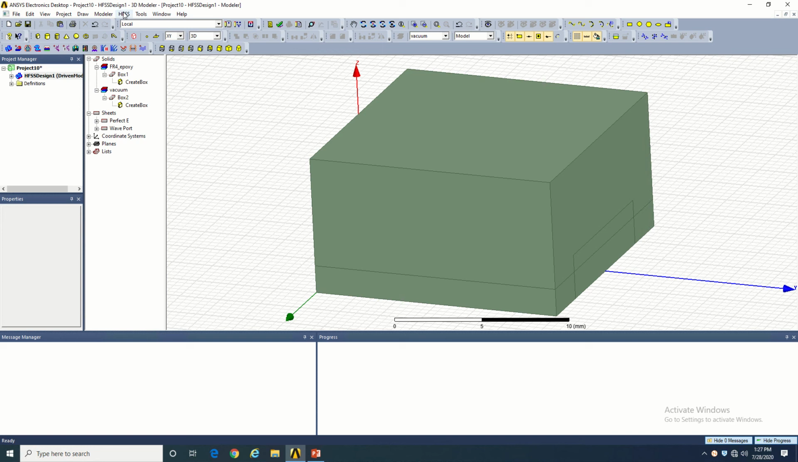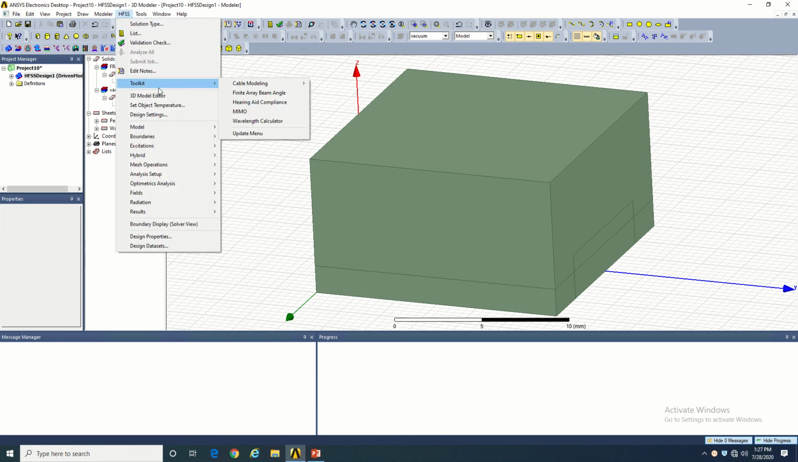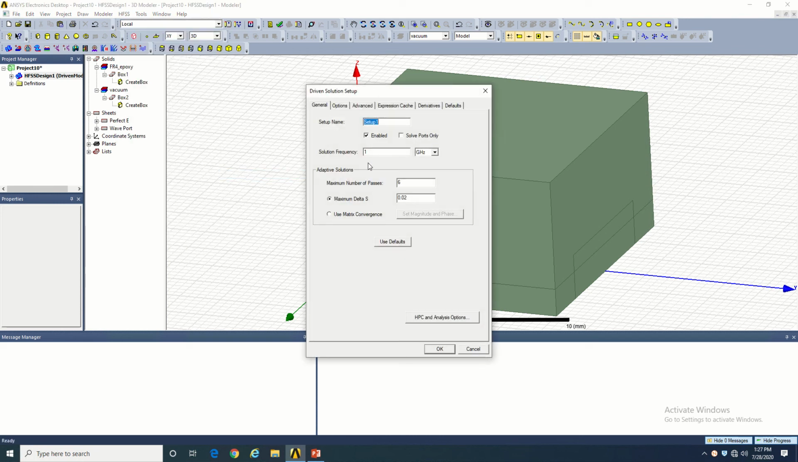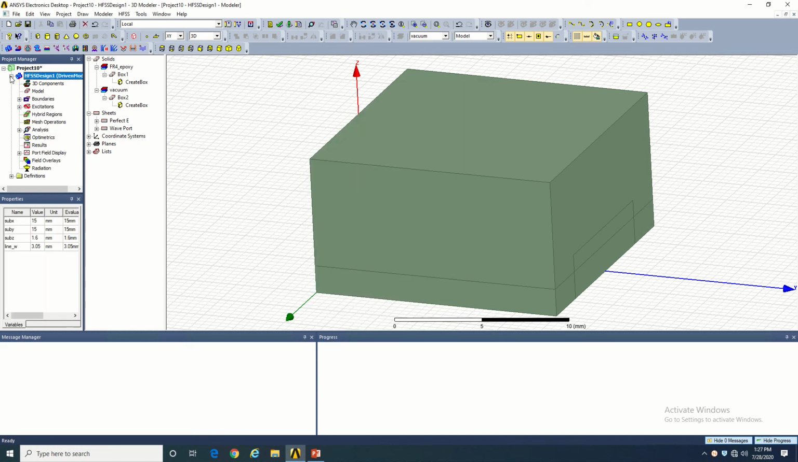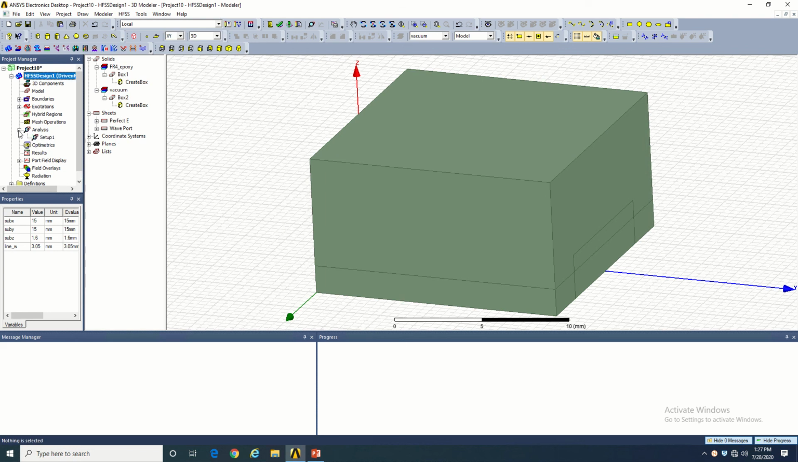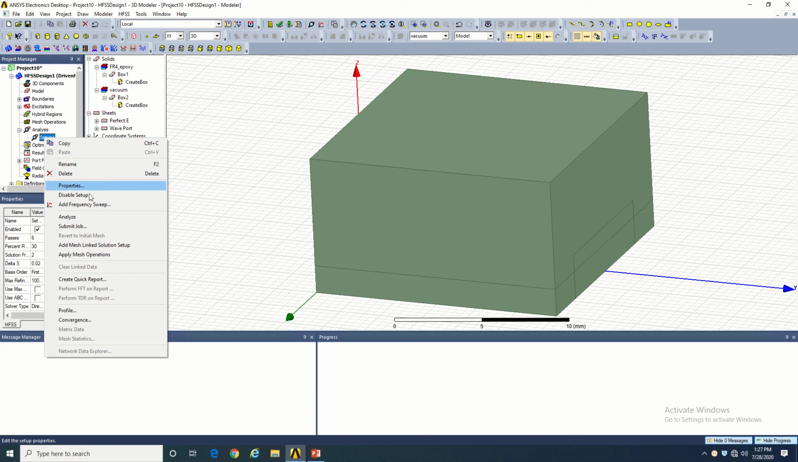So for assigning this setup, we have to go in HFSS, go to analysis setup, add solution setup, and here we set the solution frequency and click OK. Now we have to set the sweep. We again go to assign setup and see that add frequency sweep is not enabled. So we go to the project manager, right click on setup one, and